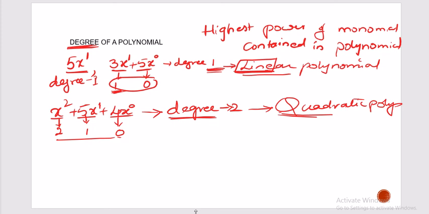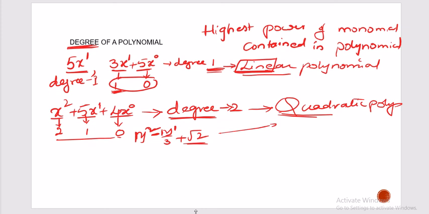If you want, you can have different types of examples for this. Suppose y square minus y by 3 plus root 2. Here we need to see only the powers of the variable. The coefficients can be anything. Here, if there is nothing written, the coefficient is 1. Here the coefficient is minus 1 by 3. Here the coefficient is root 2, which is a constant term, right? While discussing the degree of a polynomial, we need to see only the powers of the variables. So this is also a quadratic polynomial.